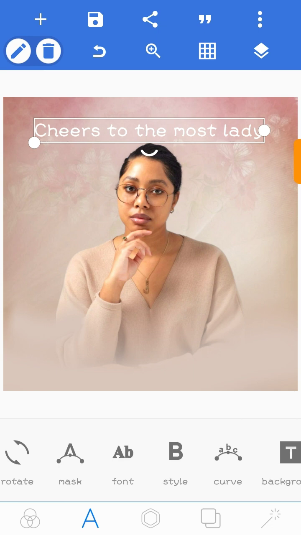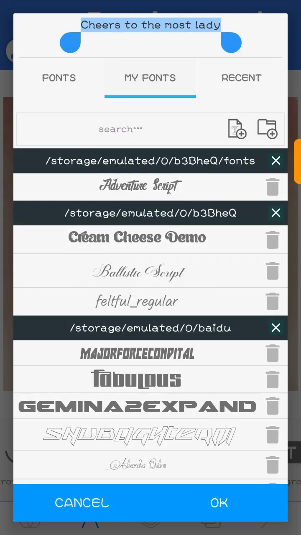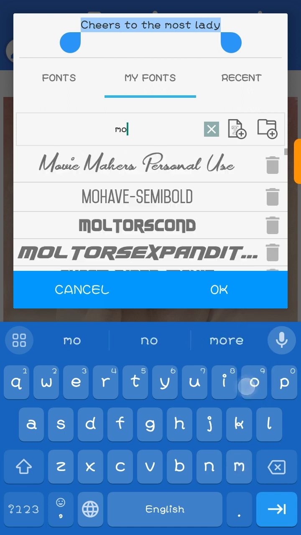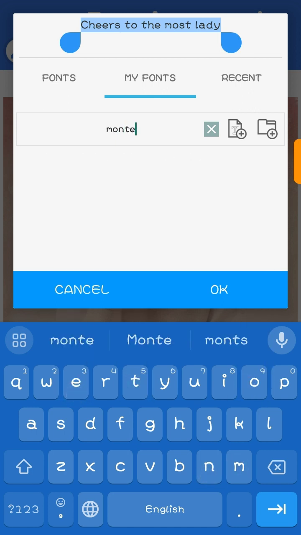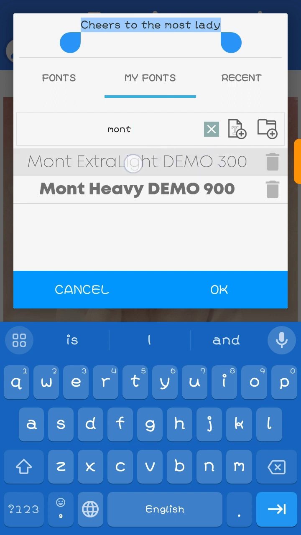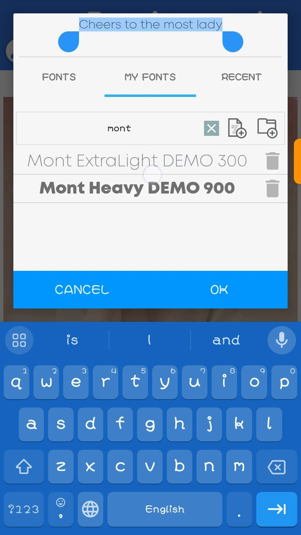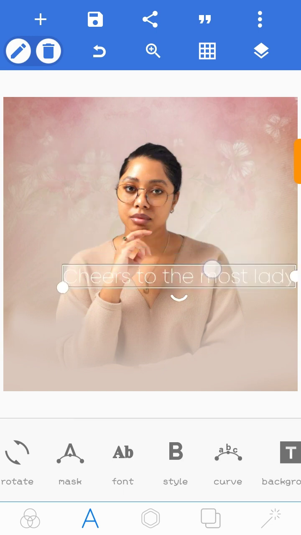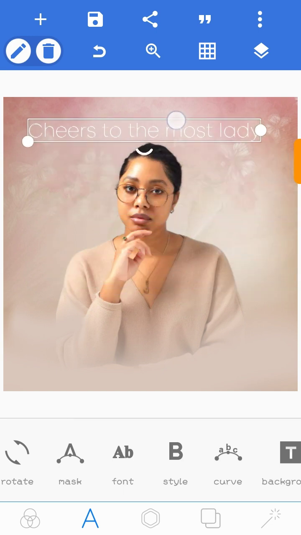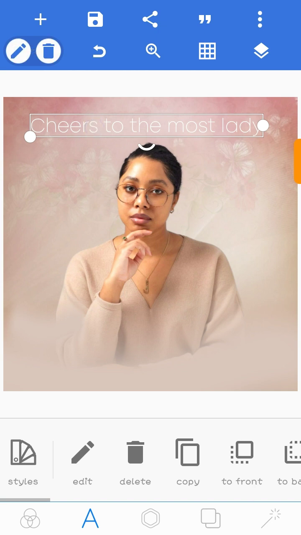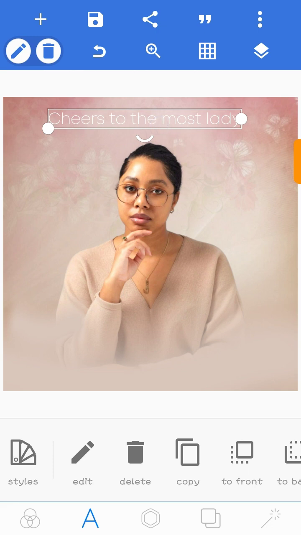And this is what I'm going to do. I'm going to click on the AB font, and the font we'll be using for this is Mont Extra Light, size 300. This is it. Mont Extra Light 300. I'm going to click on it, and I'll click on OK. And the next thing I'm going to do is let me just work on the text. I'll make the size smaller,